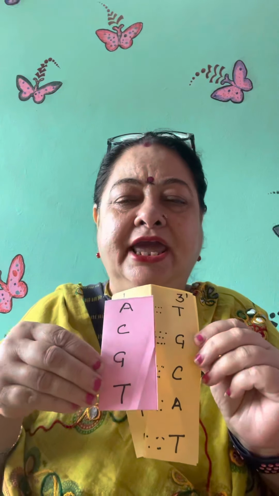the complementary base pairing. As per the complementary base pairing, this A will get attached with the T, then C will get attached with the G, then again the G will get attached with the C, and T will get attached with the A. So this way a new strand will be formed. This is the newly synthesized strand of DNA. So yellow is the template and this pink one is the newly synthesized one.